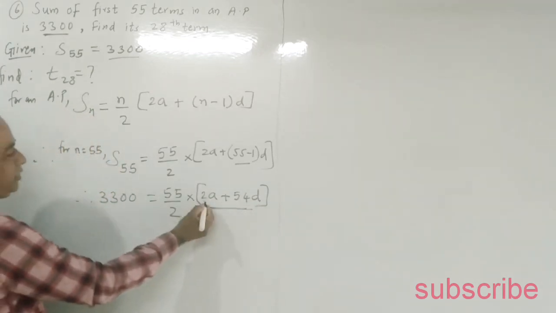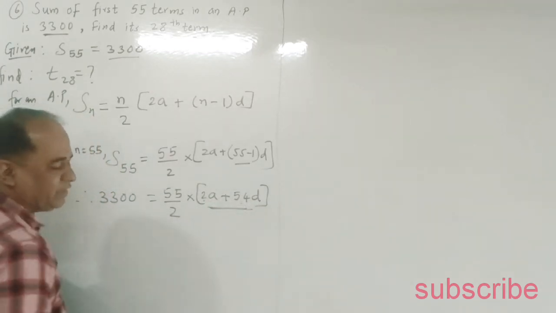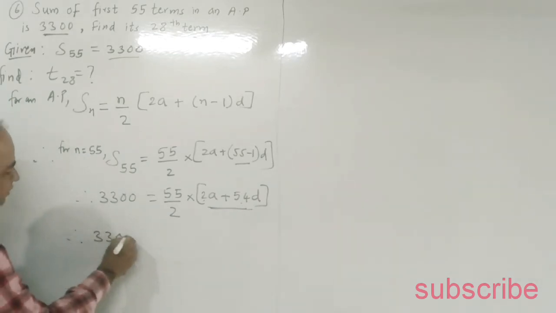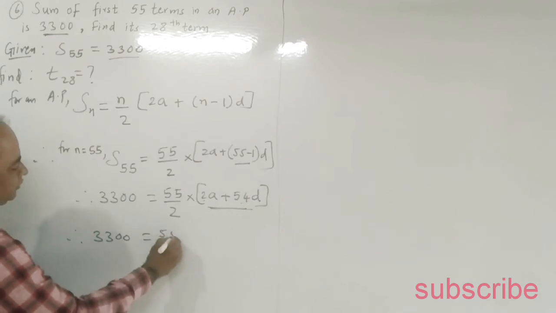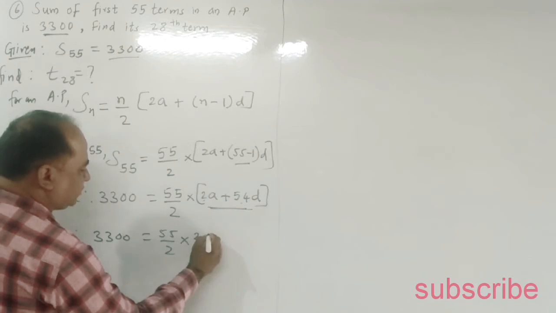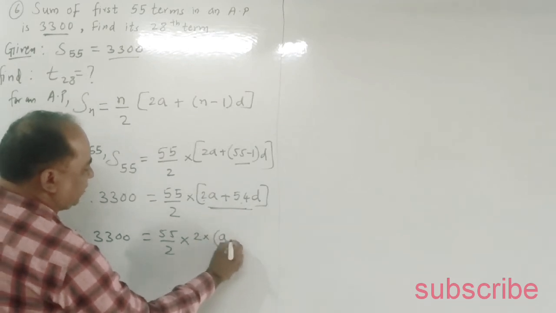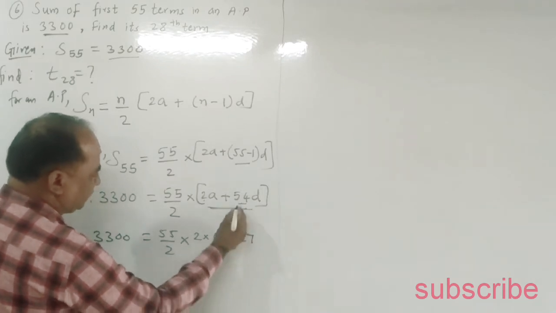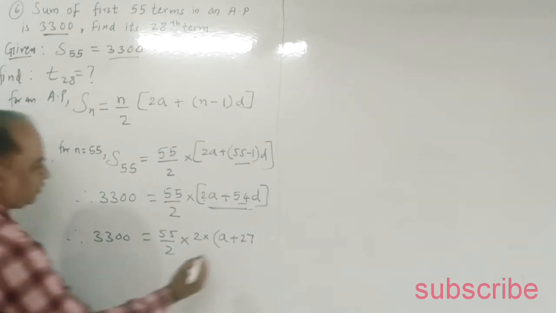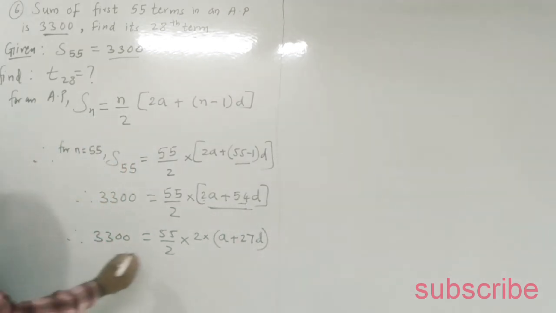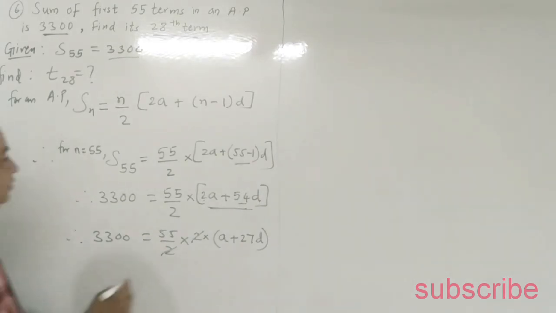Now in this bracket 2 is common. You can take 2 common: 2 1s are 2 and 2 27s are 54. So after taking 2 common you will get 3300 is equal to 55 upon 2 into 2 common, so in the bracket there will be a plus 27d. That 27 will remain in the bracket. Now this 2 will get cancelled. Therefore